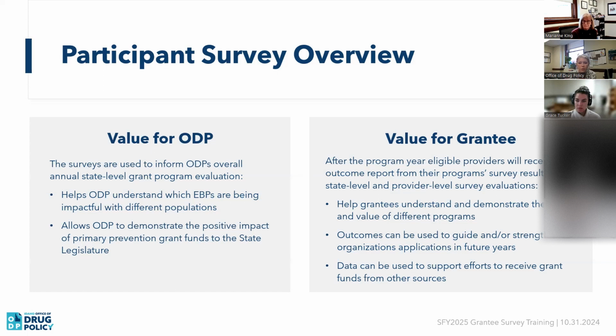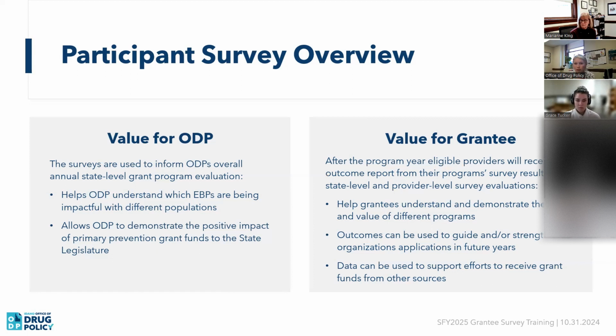But surveys also provide a great value to grantees. After the program year, eligible providers will receive a summary outcomes report of their program survey results. And by eligible providers, and I'm going to have Grace dive into this a little bit later, that means grantees or program providers that receive more than 25 surveys for a specific program. You have to receive at least 25 surveys in order to be eligible to receive a program level